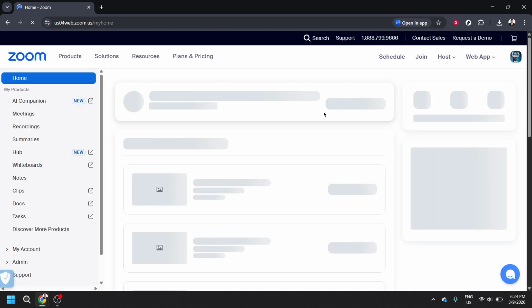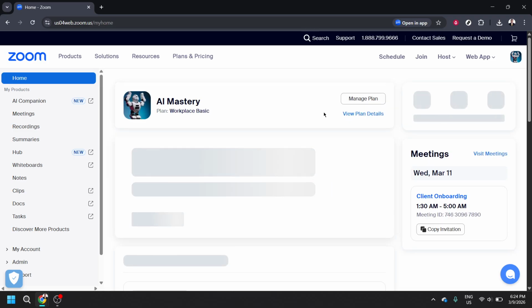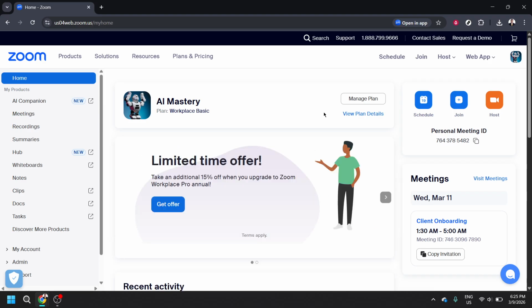Next, select your Google account. If you see a list of accounts, choose the one you want associated with Zoom. If you're not already signed in to Google in your browser, you'll be prompted to enter your Google email and password here. You may also be asked to complete two-step verification if you have it turned on, which is a